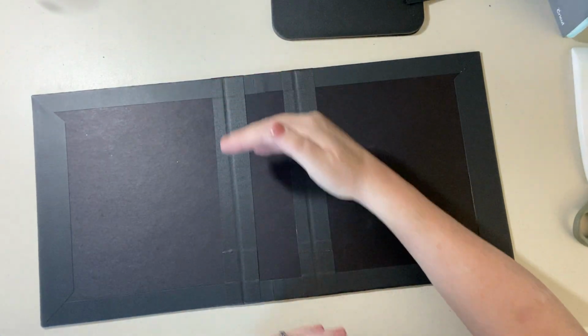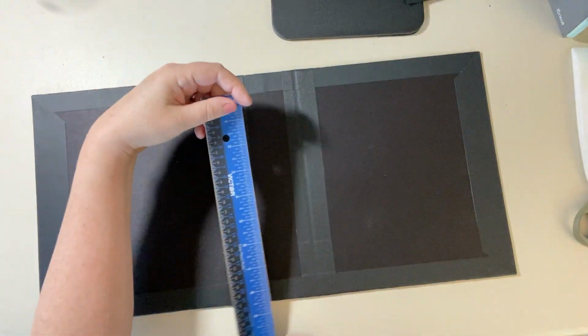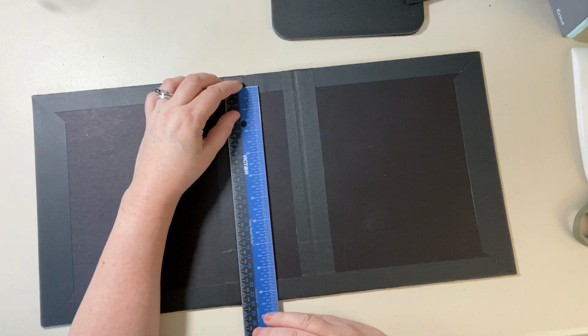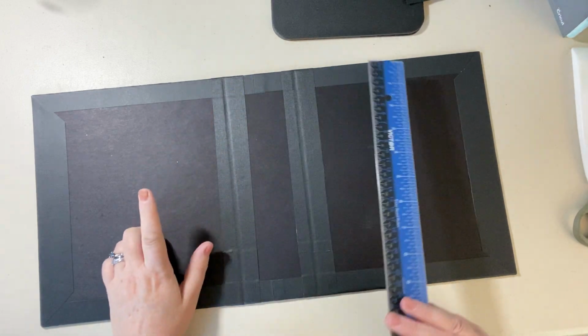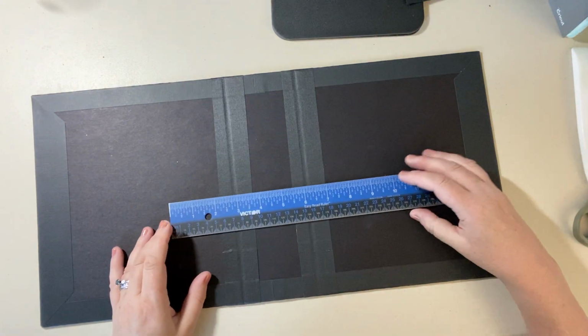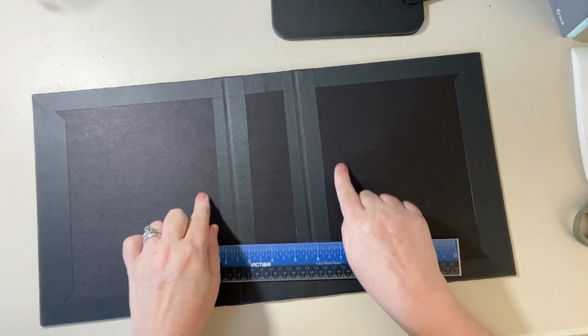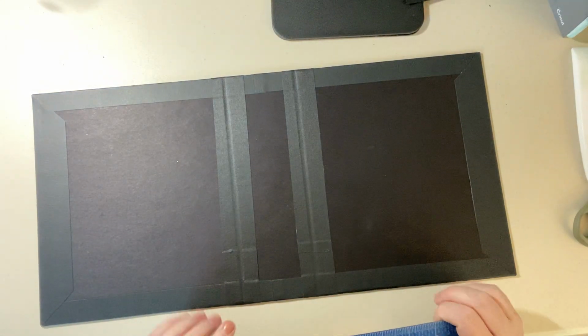But when you're deciding how long to make your paper, you're just going to take an 80-pound piece of black cardstock. You want your height to be where you leave about a 1/2 inch on the top and bottom. So since this book is a 10, you'll need to cut out a piece of paper that's 9 by, let's see, in this size book, like an 8.5 would give me enough room, because you want a little bit hanging over the edge. So cut a piece of 9 by 8.5,